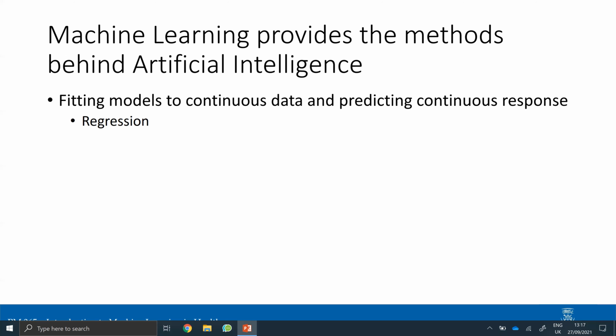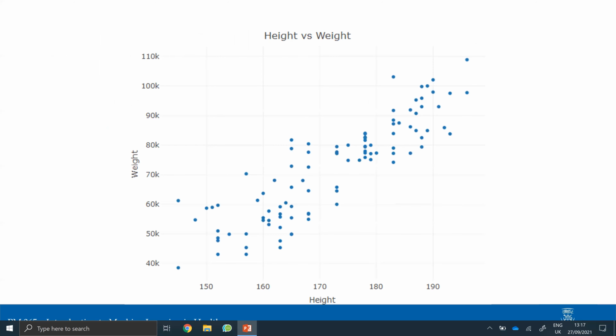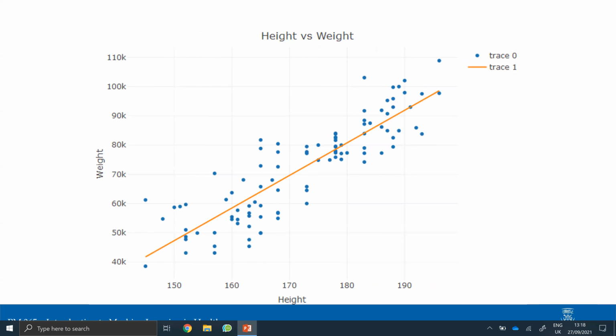So this is called regression, and you definitely would have come across regression before, because I'm sure you would have all learned how to plot a line of best fit back in school. So plotting a line of best fit through this data, that is a regression task. So we might want to plot a line like this. And the question would be,